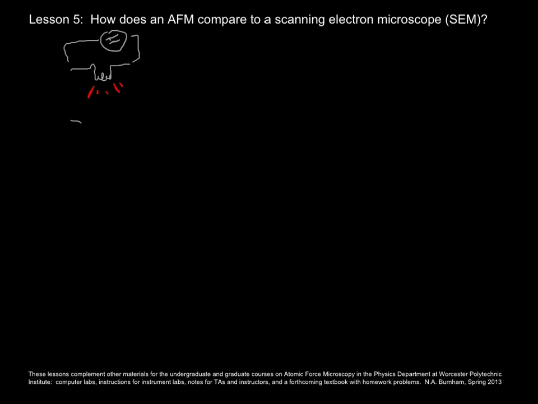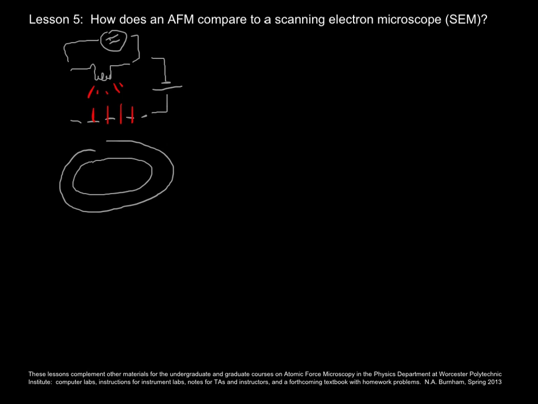And what you do is you apply a high voltage between this filament and a grid, and so the electrons are accelerated toward that, and then there's a focusing mechanism similar in principle to an optical lens, and the electrons are drawn through that and then focused onto a sample,